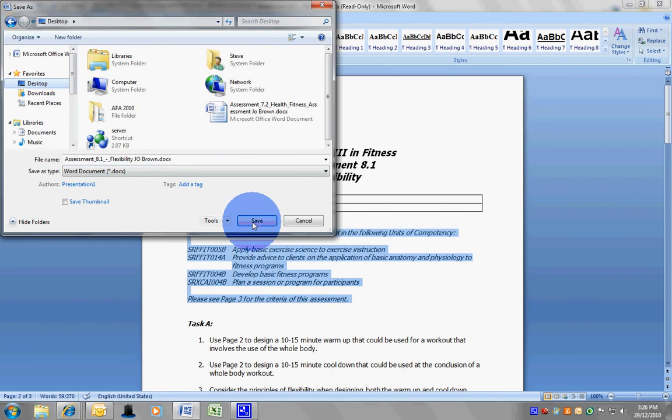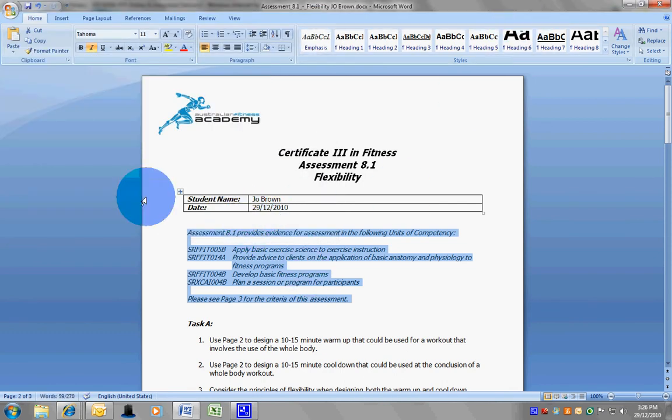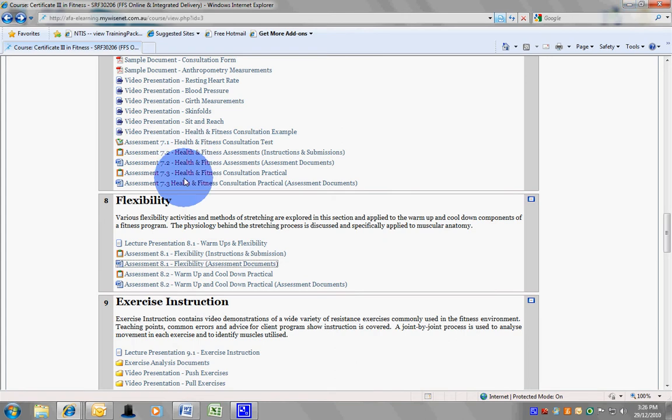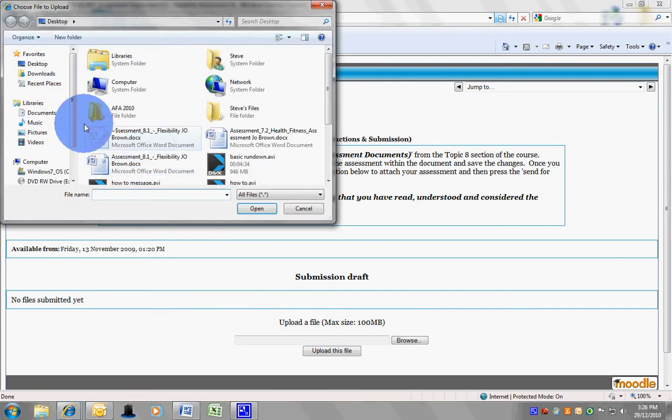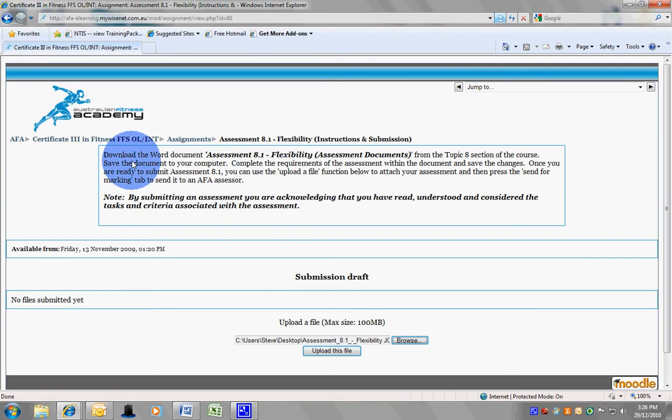Note where you've saved it. I've saved it on my desktop, and then we go back to our main screen. Back on the home page, we click on our instructions and submission. So we've downloaded it, completed it, saved the changes, and now we're ready to upload the file. So we come down here, we browse, go to our desktop, and there it is, Joe Brown,